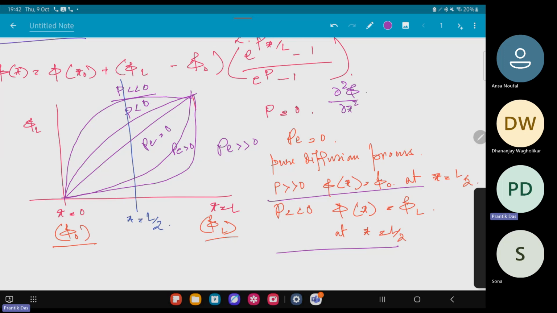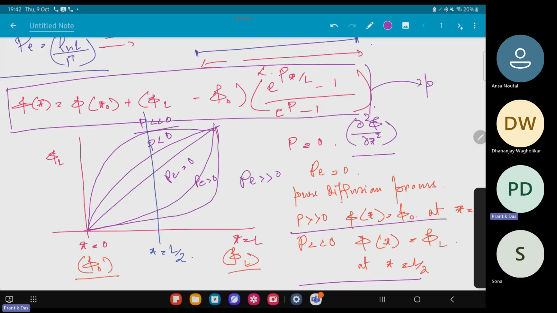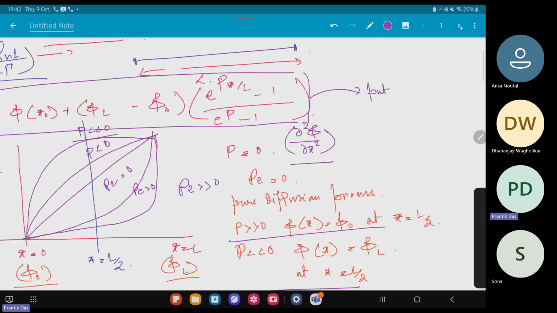So from there you can basically find out whether that will be a convex one or a concave one. So that's how it works. One thing we can do, since we already know that the exponential profile is this one, is put it directly in the discretization equation itself, or we can basically put it in the governing equation, the general transport equation,